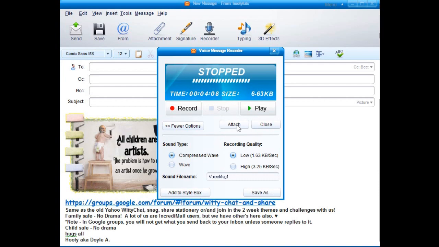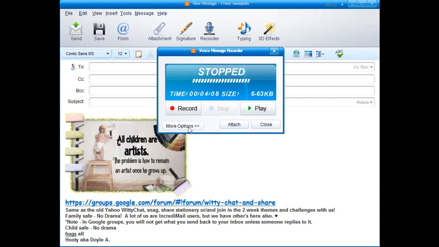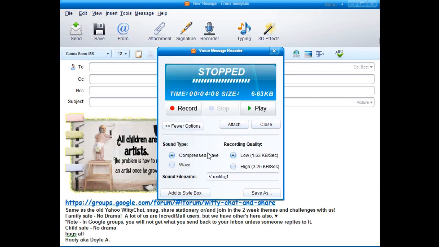And then from there you can just click attach, and it will attach it to the message that you can send out. Or you can just record over again, and it will forget about the first recording and start a new recording. And let's see, we've got the options here, the more options button, and you can choose, like I'm choosing